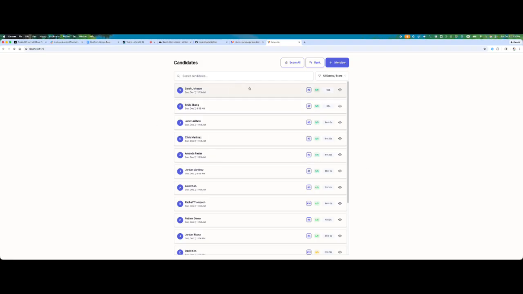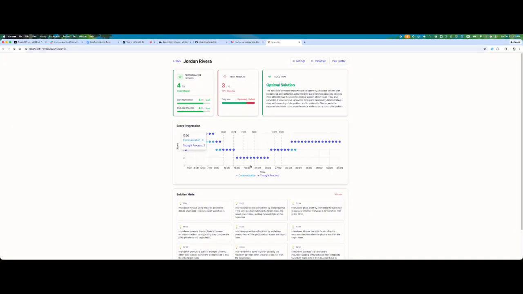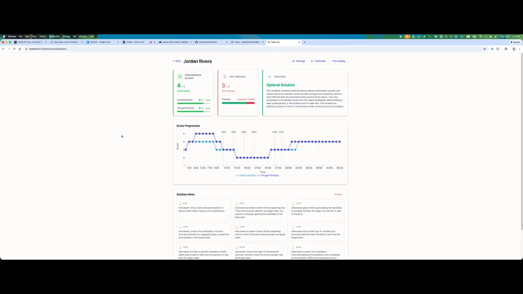So moving on to one of the subpages. If we click on, for example, this one, here you can see a dashboard that allows you to see how well the candidate did. You see how many tests pass. You see overall communication and thought process, like how well they did on those.